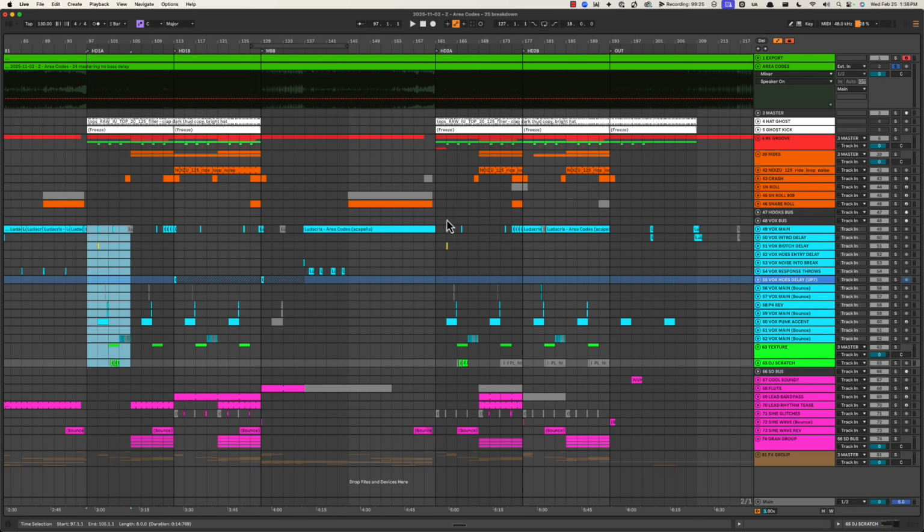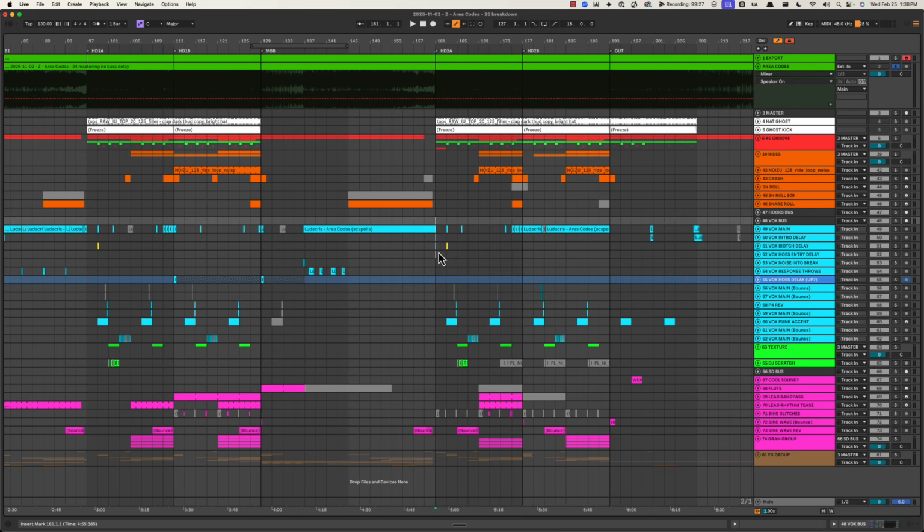Exact same hook layout. We've got the delay. We've got the bitch with the delay. We've got the DJ scratches. We've got that P4 is it, because they're with the resonator. Everything's exactly the same, but it feels 10 times bigger because of the entry and the drum lifts from the